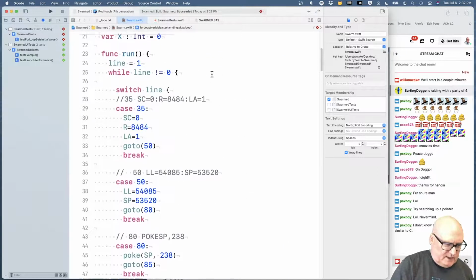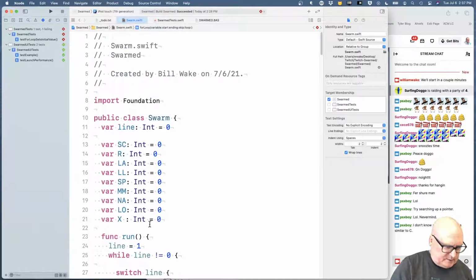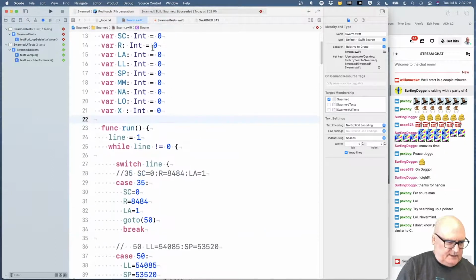So I guess I'm trying to think of, could I make some sort of hash structure, dictionary, that mapped my value